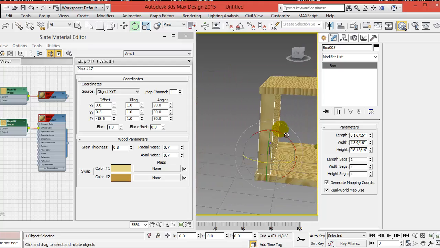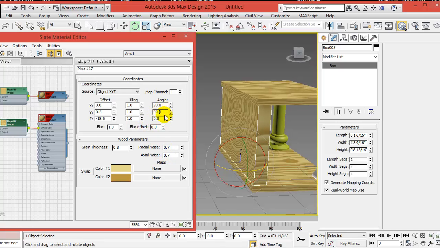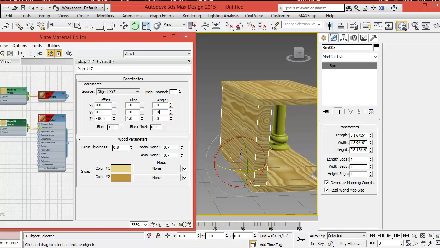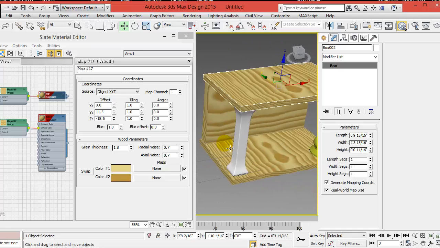So maybe we'll just go back to 0 here, have it this way, and that looks much better. All right, now